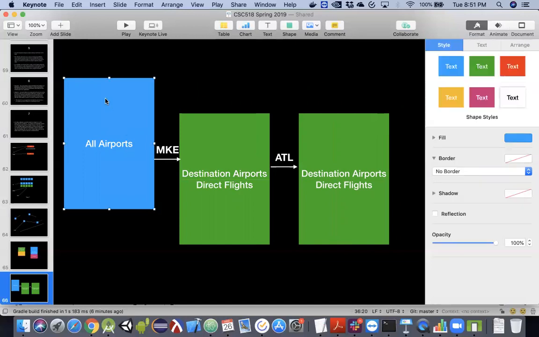So your core data got loaded here. You have all your airports. But then you should be able to jump from airport to airport to airport, finding out where each one goes. Almost like building a magical trip. We won't keep track of all those hops yet, but we want to be able to do that next step